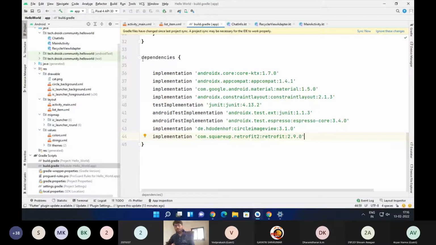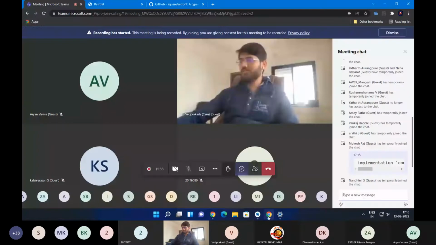Now the thing is, there is different types of data, right? You can have your server send the data in either XML format or JSON format, right? And then you need a way to change this data back into an object that you can work on, right? So the thing is, when you work with JSON,